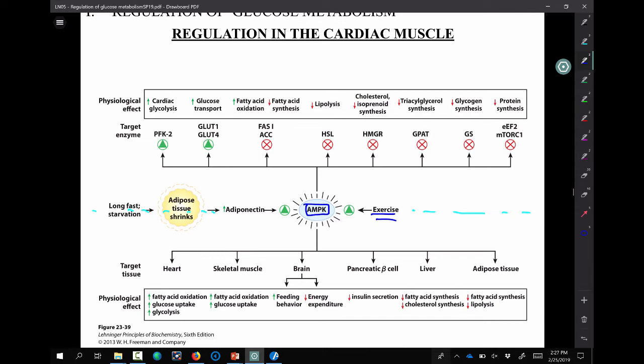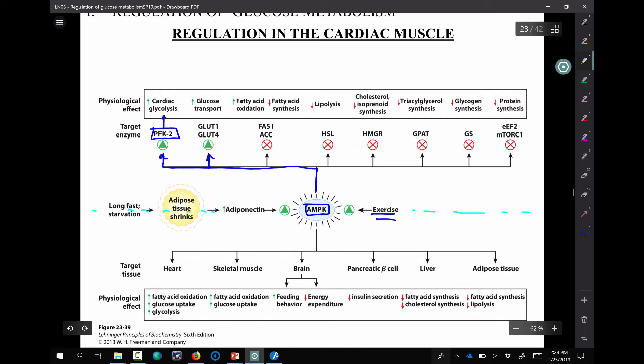So, obviously if you're working out, some sort of strenuous activity is going to lead to increased levels of AMP in the skeletal muscle, increased levels of AMP in cardiac tissues and other tissues as well. That can activate this molecule AMP kinase. And what I'm going to show you is this. You look at these two things, okay? We just talked about how it can lead to the activity of PFK2. That PFK2, FBPase2 is going to phosphorylate the phosphatase domain of that, and that will lead to increased cardiac glycolysis.